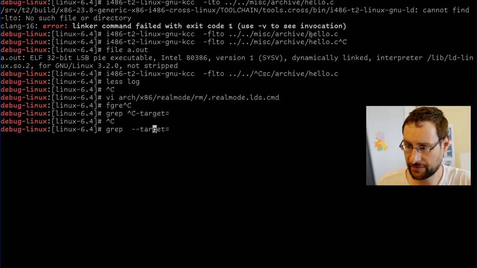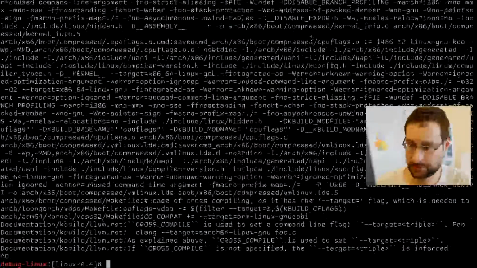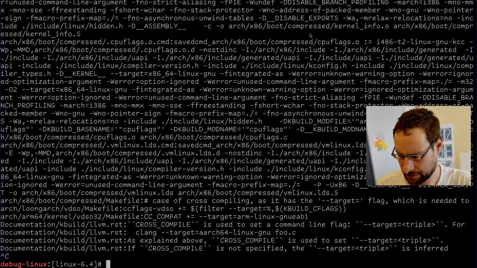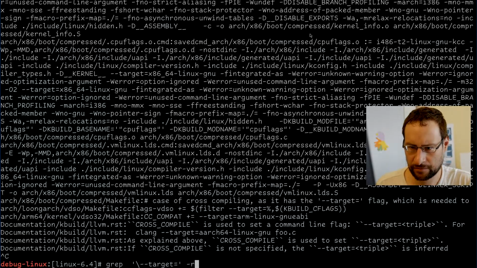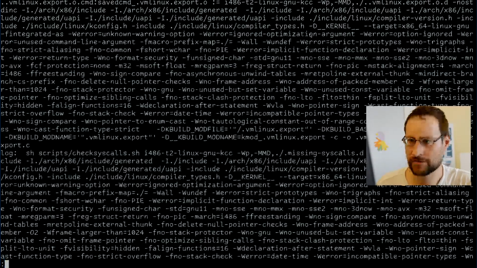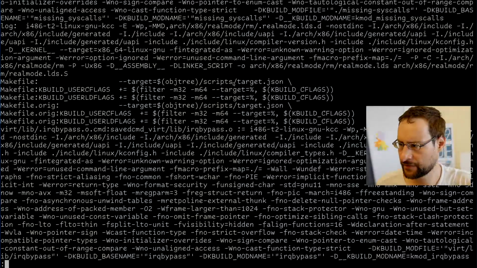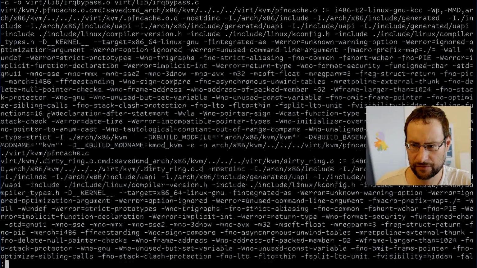Okay, target should not be that often. Let's probably grep for that. Also, yeah, shouldn't be there that often. Cross compile, yada yada, Clang target. Kbuild, Clang, yeah. So the problem is we have this in all these generated things here. Here is something, so Kbuild, Kbuild user space, user linker,